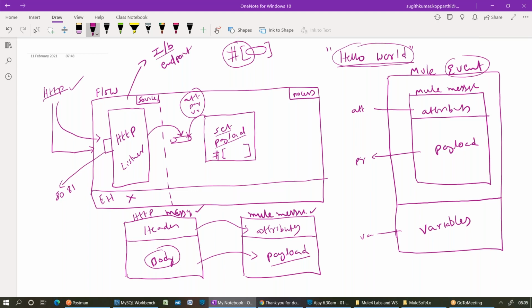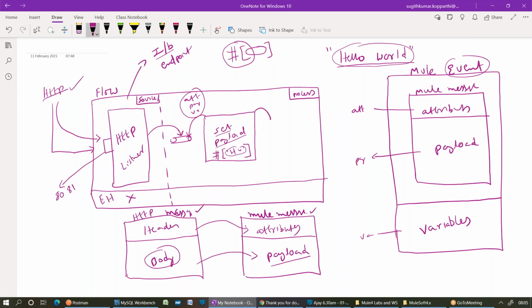I'm going to introduce a small DataWeave expression here. It's not the right time to talk about DataWeave in detail, but I'll introduce a small one. I'm going to write a simple plain text value, hello world, in the expression. Now after this set payload, what is the event structure?